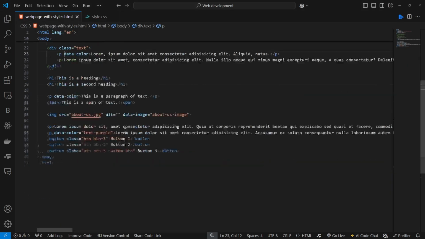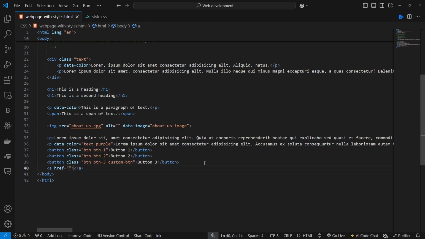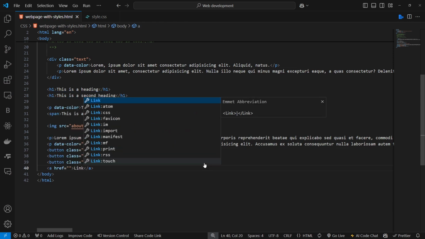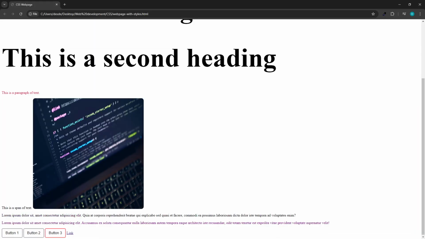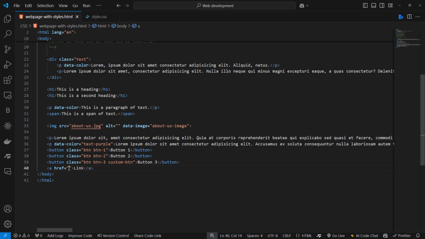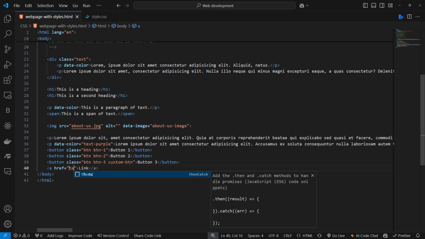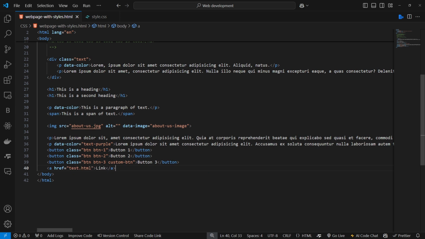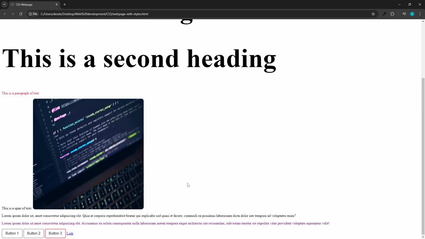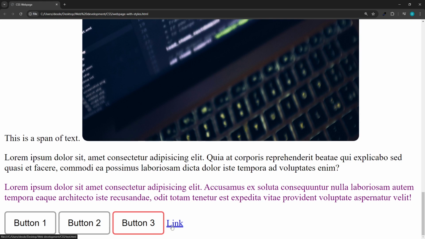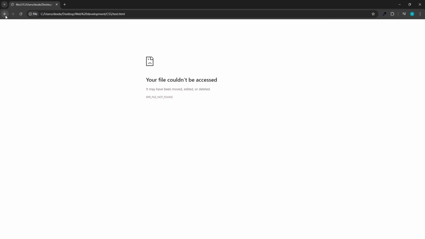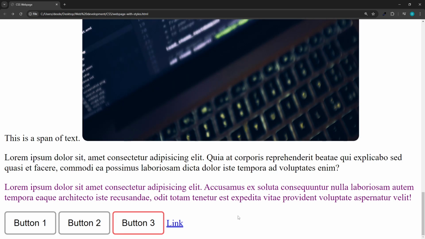So let's create a link here and just call it link. So let's link it to a page we haven't visited, and so let's say anything like test.html. So that's the file that we have, so it should be a page we haven't visited. So now if you notice, since we haven't visited this page, it's showing the link as blue, but once you click this link and go back and refresh,